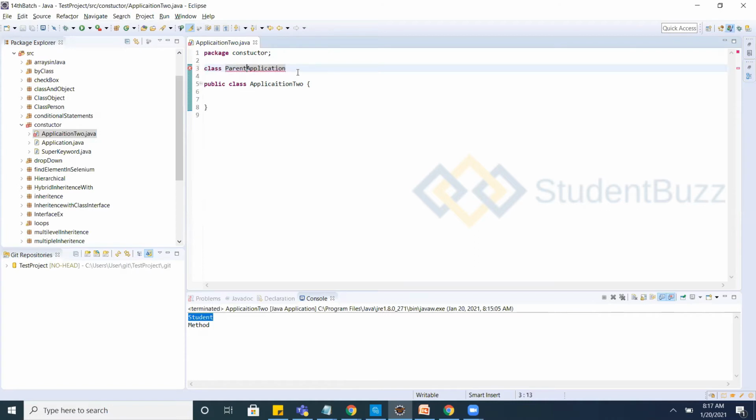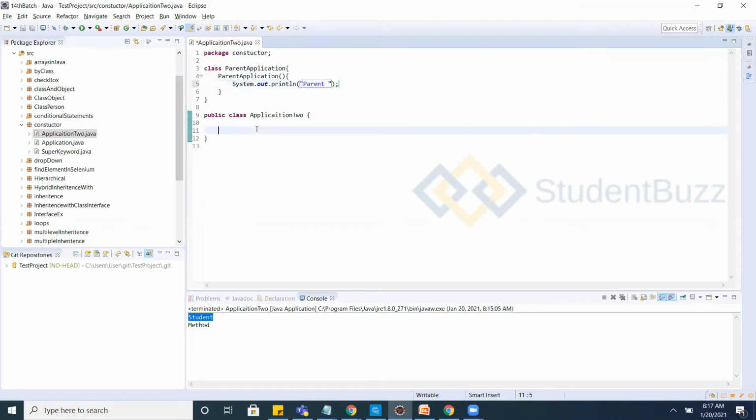So our parent application I'll create. Okay, clear understanding. I have a no argument constructor here in the parent. Here also I have another constructor, here I'm saying this is the child constructor.